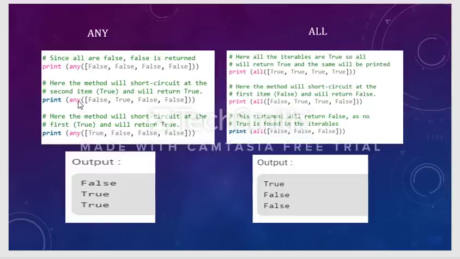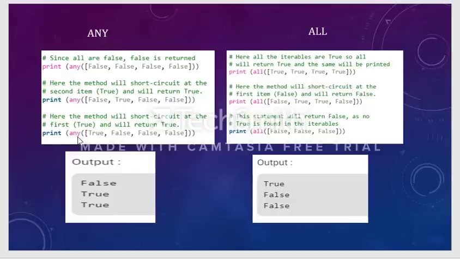Okay, so I am checking any. I have given four values here. Out of four values, three values are false and one is true. So what I am telling here with this any function is, if any of the values is true, then the total value becomes true.